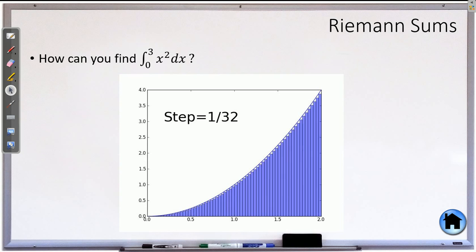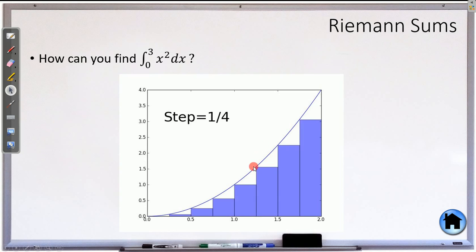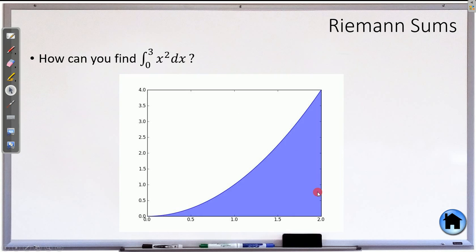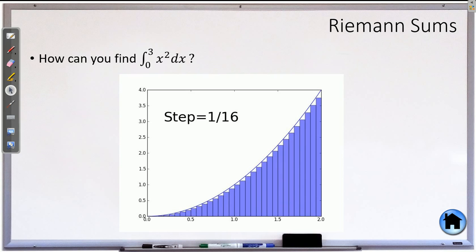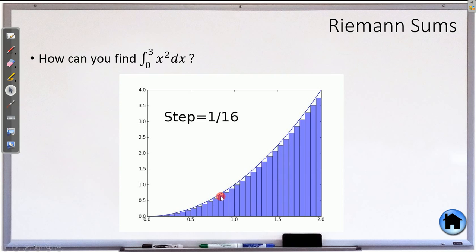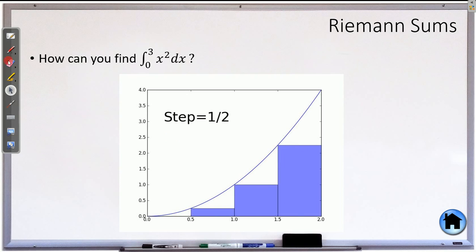And a rectangle is very easy to find the area of. The only problem with this is you can see that you need a lot of rectangles. And so when we do this method, it's mostly going to be an estimate. It's not going to be perfect, because if I made you add up all those rectangles on, say, that step, that would be a lot of work. And so I'm not going to make you do anything quite that tedious, but we are going to add some